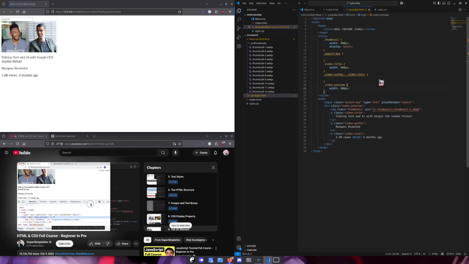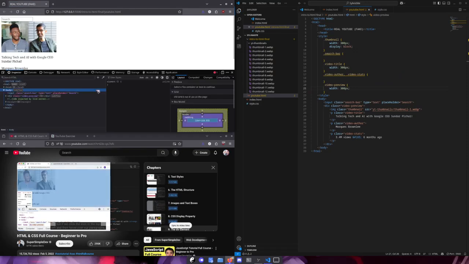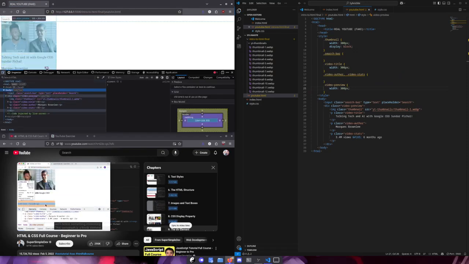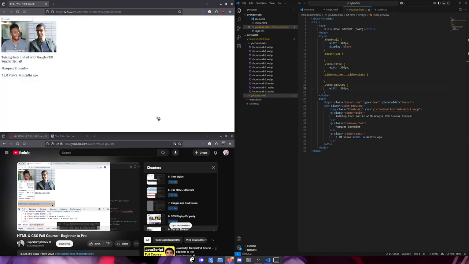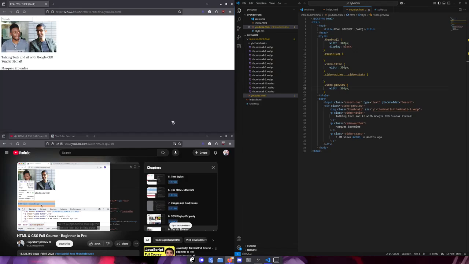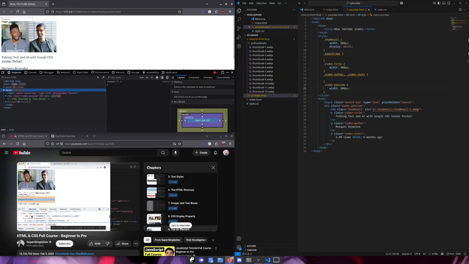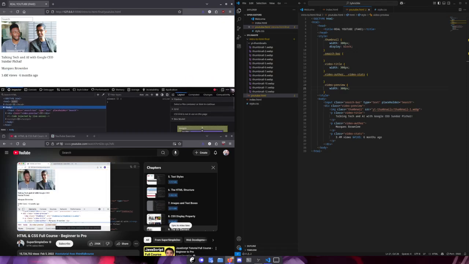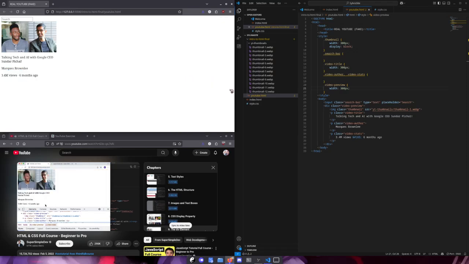So the page doesn't look any different, but if we click the icon in the top left and then hover over our paragraphs, we'll notice something interesting. This paragraph is a block element, so it's supposed to take up the entire line. But in this case, because this paragraph is inside a div, it takes up the entire line in the div. So the way that block elements actually work is that they take up the entire line in their container rather